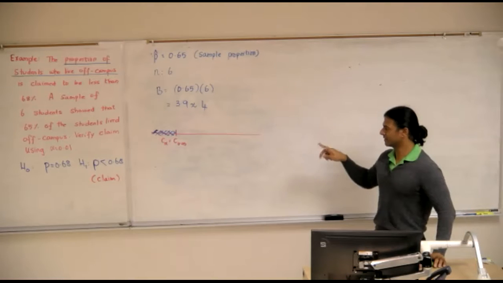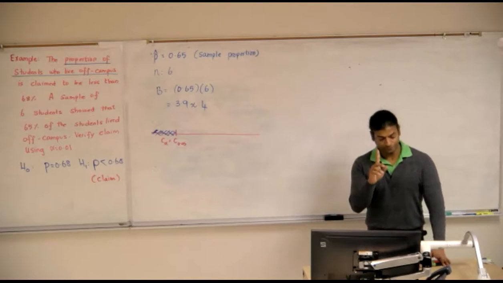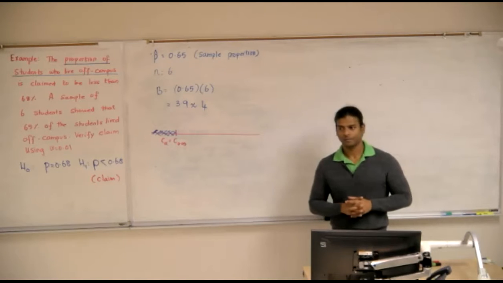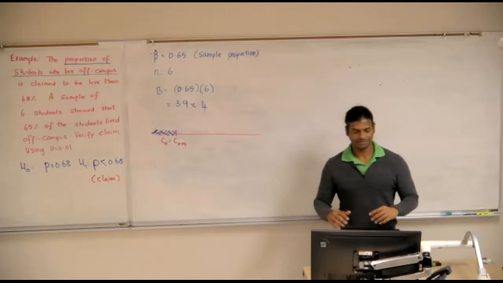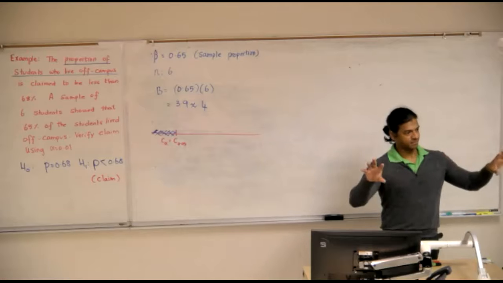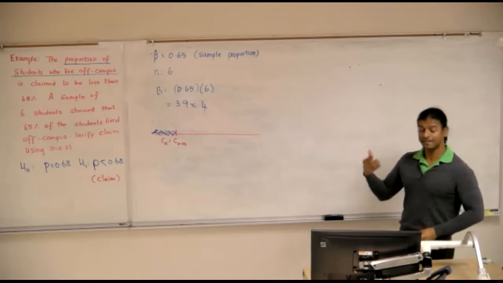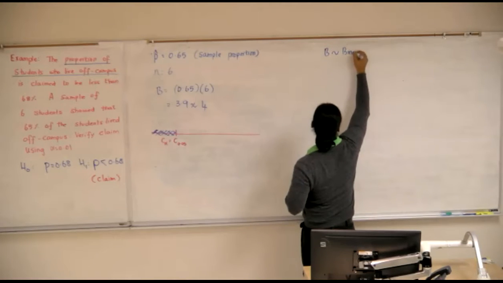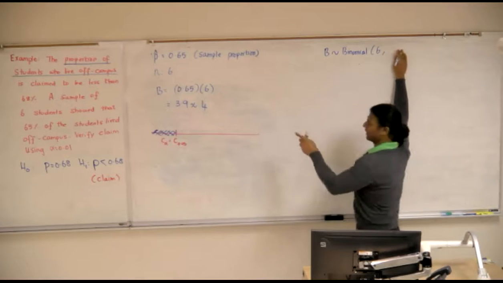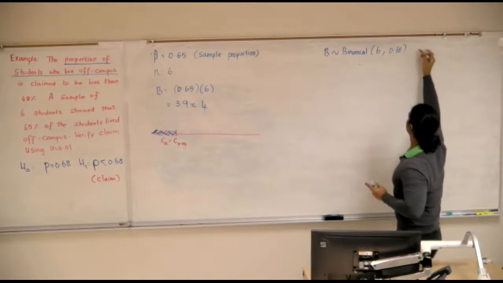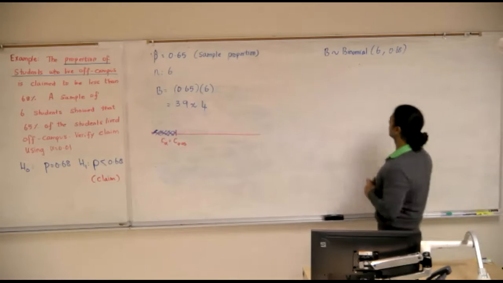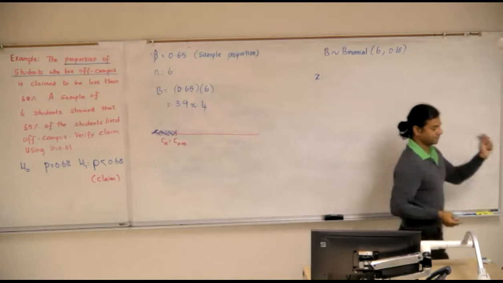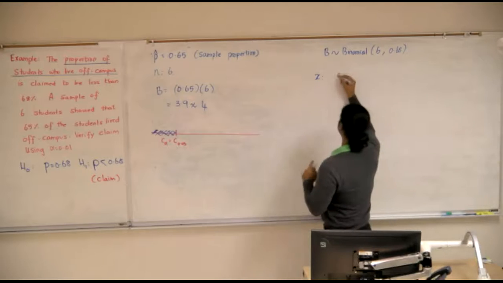And how did we find the critical value last time? What is the first thing that we did in an exact test? We created something. What did we create? The distribution. So in this case, we have to create that discrete distribution, which is binomial, n is 6, and p naught is 0.68. So that is our null distribution. What are the possible values for x, the number of successes? The minimum would be 0, and the maximum